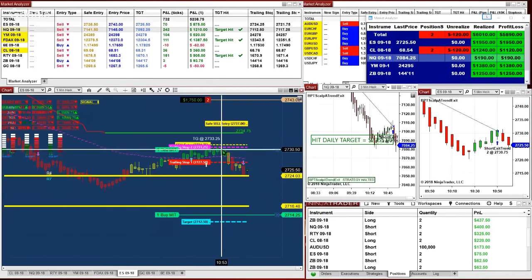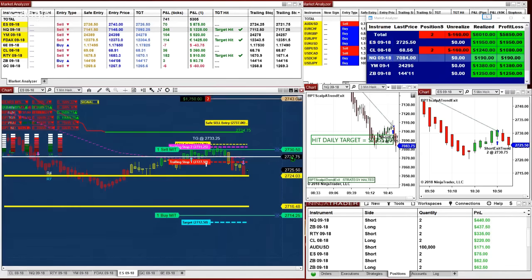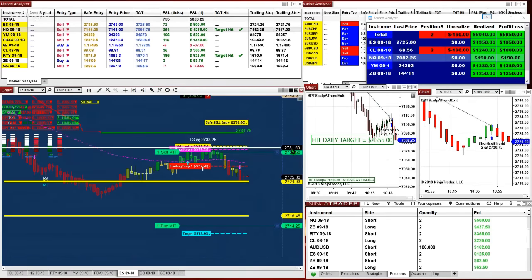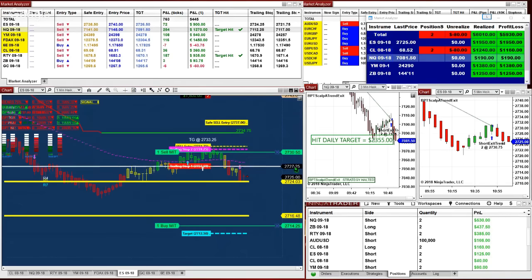So it is wait on the pullback, re-enter the market, and it is one of the most successful trades. We do have a statement from traders who have used our system, and they have doubled their account on this system here. So anybody can wait on the pullback